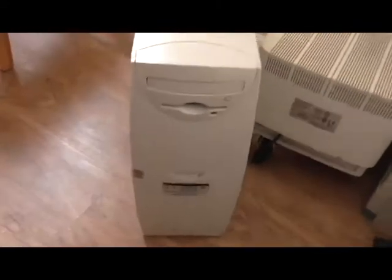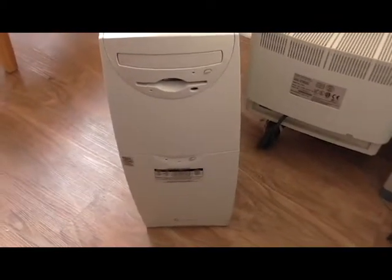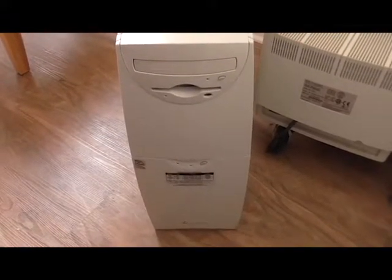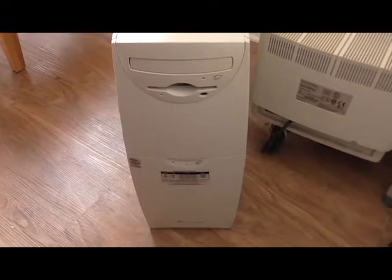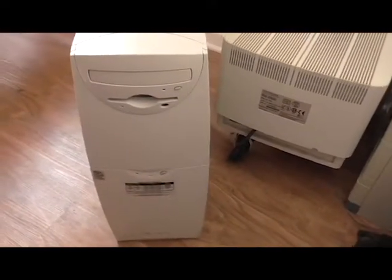Here are the desktops. We'll start out. Here's one from 1998. This particular computer belonged to a computer programmer from Alabama who did Visual FoxPro databases for various state and local agencies in the state of Alabama. This is one of his primary development machines from 1998. This is a Pentium 2 266